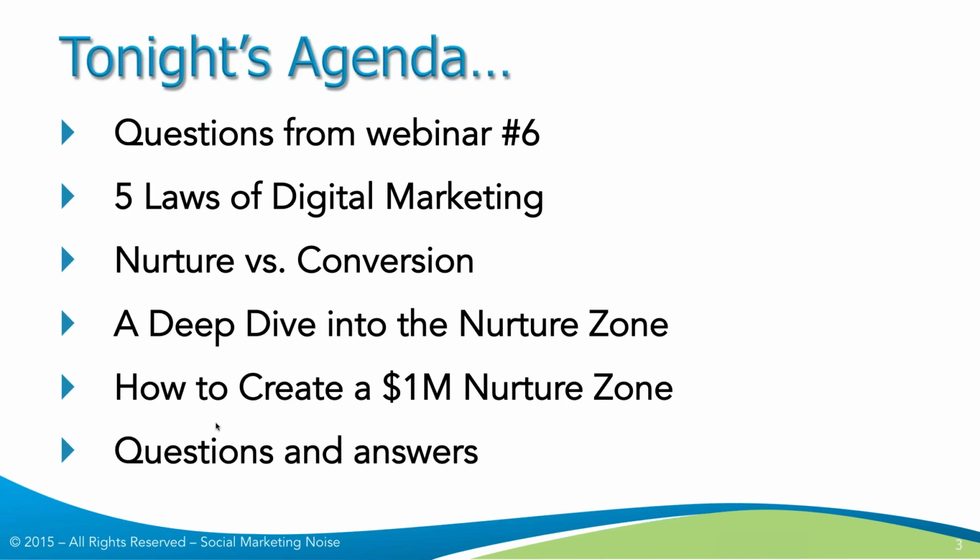But I wanted to answer a question before I got into some of these other things that came up from last week on email marketing. Several different people asked me this question in different ways. The question was: if I'm doing email marketing, what's a good open rate? Like, what would be a way for me to determine if my open rate was good? What we mean by open rate is the percentage of people that open the email versus the people who received the email. So if I sent to 1,000 people and 100 people opened the email, that would be a 10% open rate.